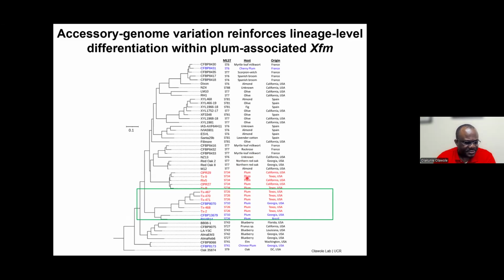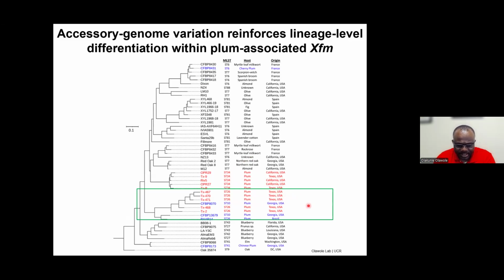One of the things I forgot to mention was that within the ST34, we had strains from Texas and also strains from California. But within the ST26, those were exclusively strains from Texas, which were the ones that were recovered from agricultural plum